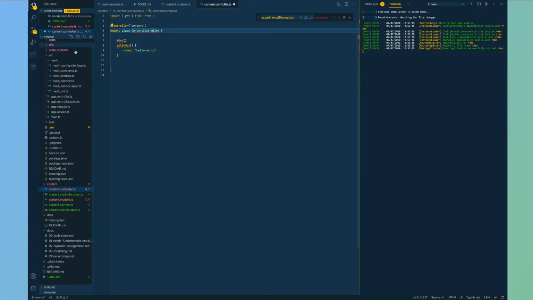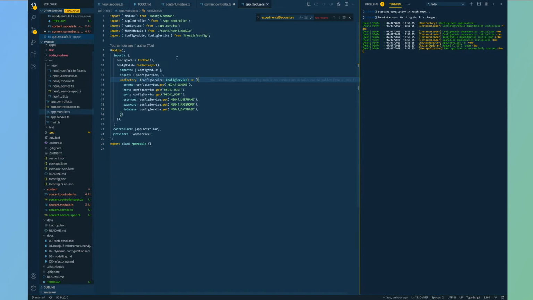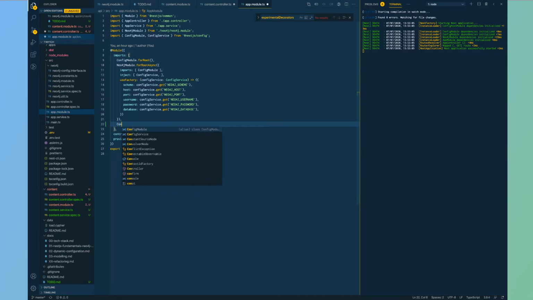So what we need to do is register the content module inside the app module. So this is a static module. There's no configuration there.